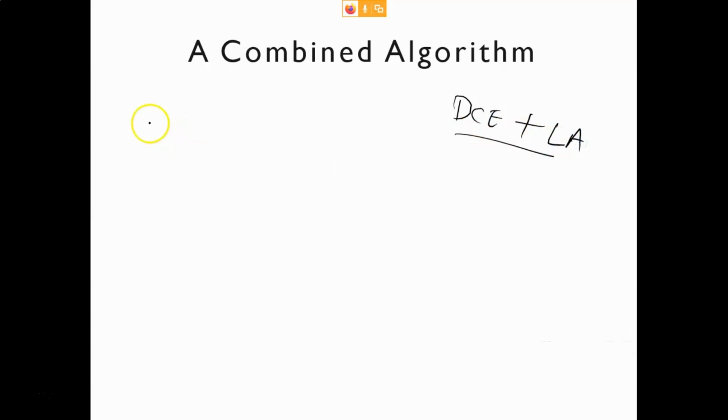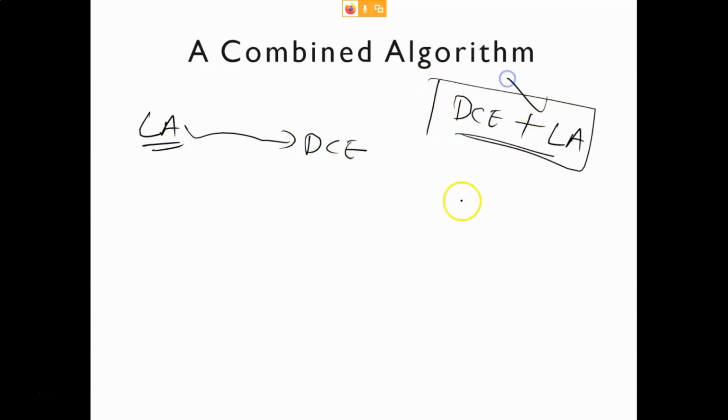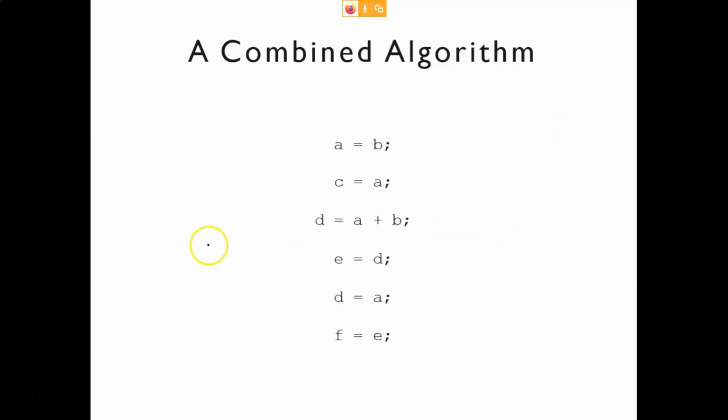So far, what were we doing? We were doing the liveness analysis, then doing the dead code elimination. Now we can include these two things together. So let's see how we will do it. Initially this b, d is live. See, at this point also, here this b, d is live, so this f is not live. So this f is dead, so you can directly remove it. Basically, I am doing liveness analysis plus dead code elimination.